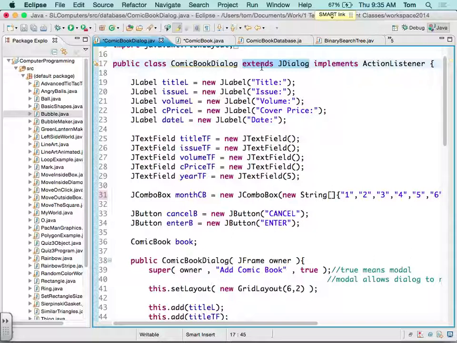Okay? It also inherits the characteristics of a JDialog, the variables of them, but it can't easily access them unless JDialog says they're accessible by making them public. Okay, so I'm kind of going off on a tangent a little bit, but